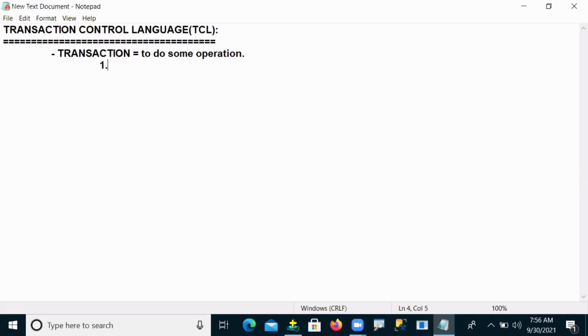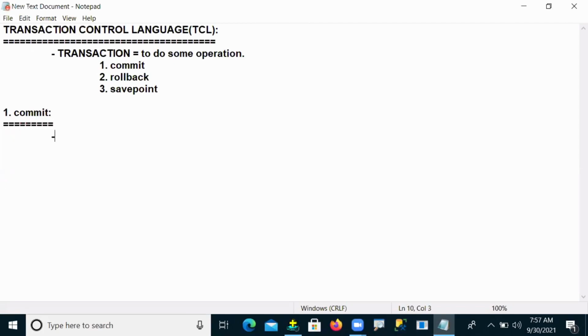The transaction commands are three types. That means your TCL commands are three types. One is commit, one is rollback, and one is savepoint. Of these three commands, the first command is commit. Actually, what is commit?